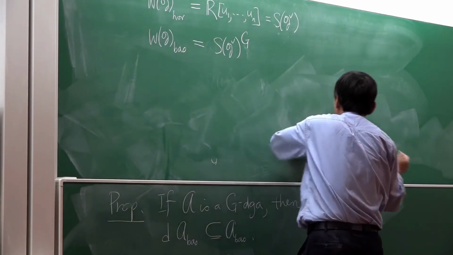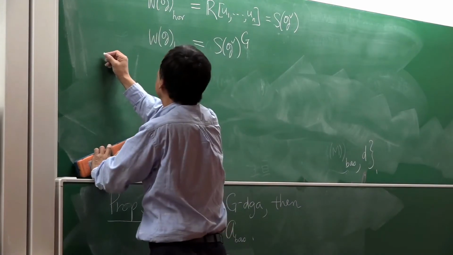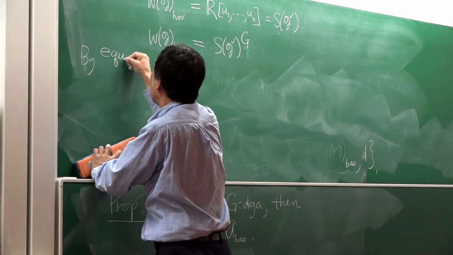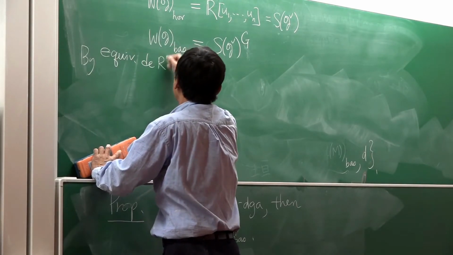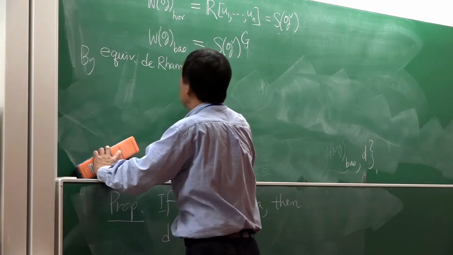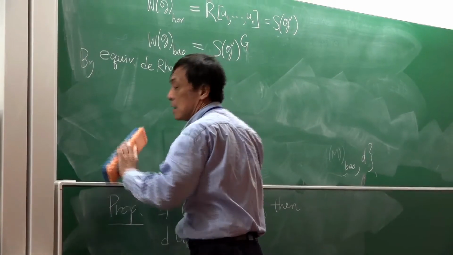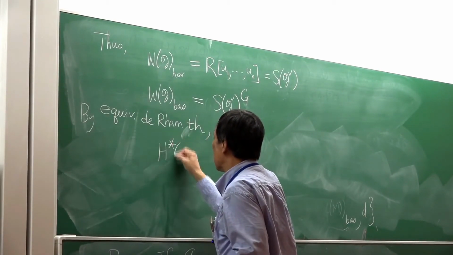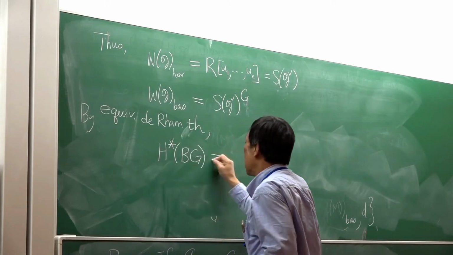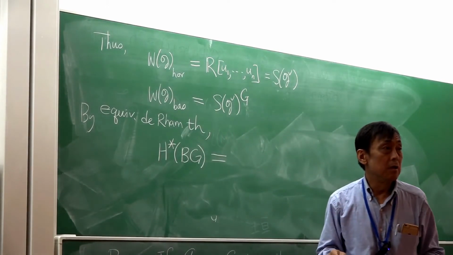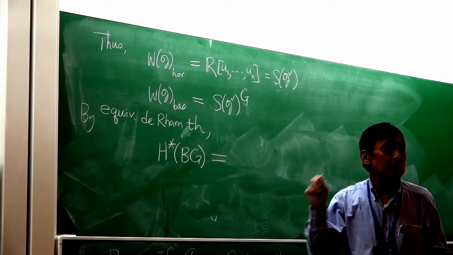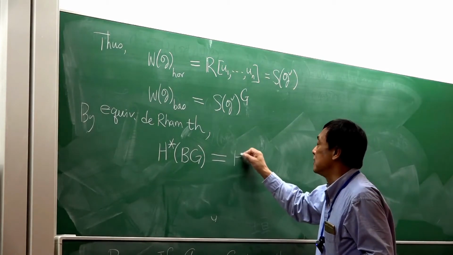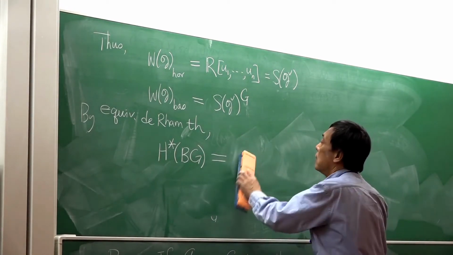And therefore, by the equivariant de Rham theorem, the cohomology of BG, which is the equivariant cohomology of a point, okay, is the cohomology of, oh yeah,